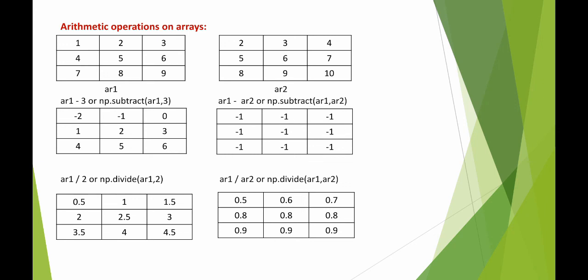So in this way we can say that all the operations with scalar values as well as operations between two arrays can be performed. Also we mentioned earlier in the video that arrays support vectorized operations. So we have also seen this vectorized operation, because each element is operated on in the same way as a single element would be. Are you getting this?